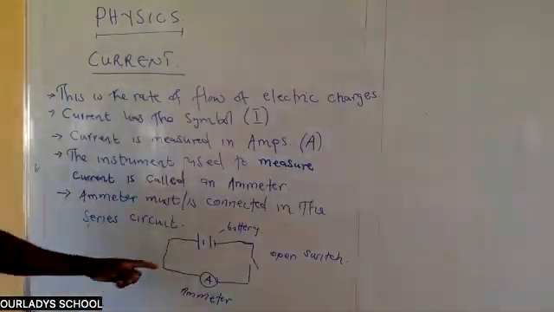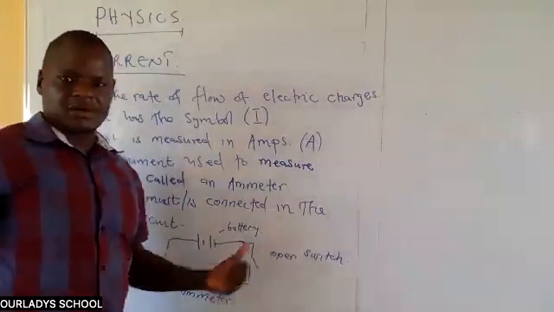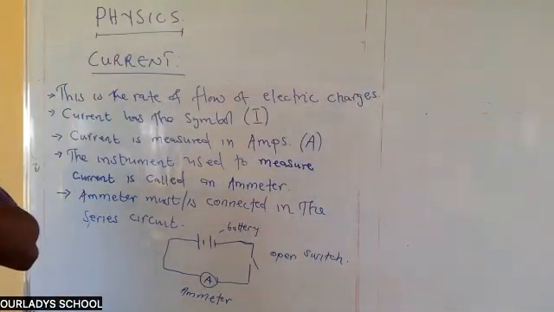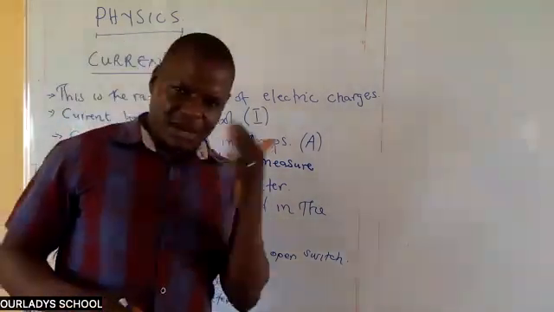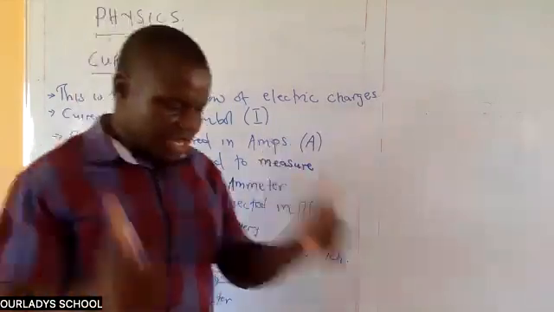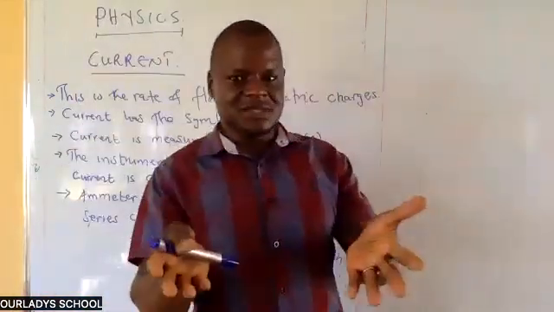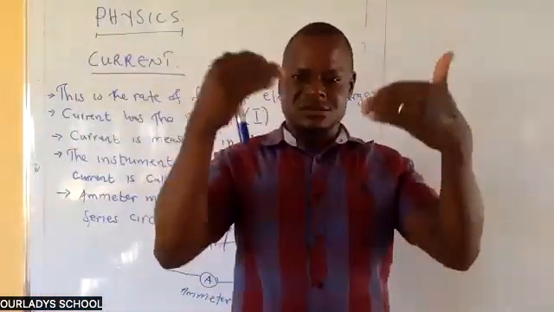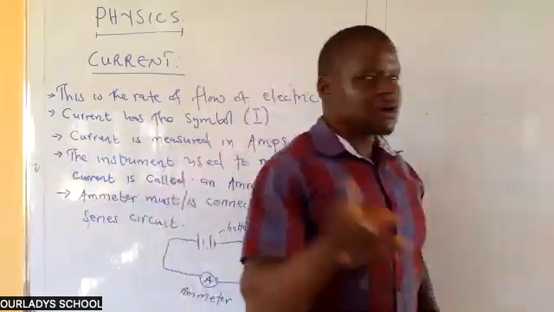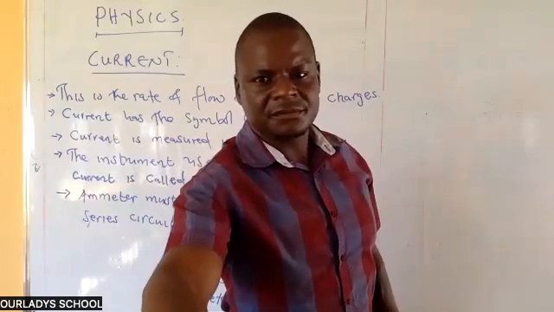Yes, so this is the battery, the open switch, as well as the ammeter. But the question is, why can't we connect the ammeter in parallel? Science becomes easy to understand when we connect what we are learning in class to something in the outside world. So I'll give you an example of